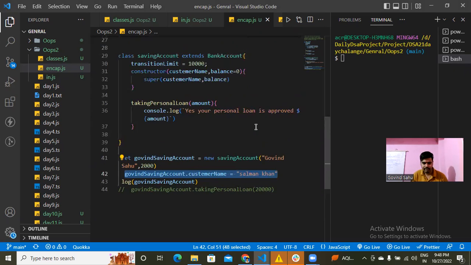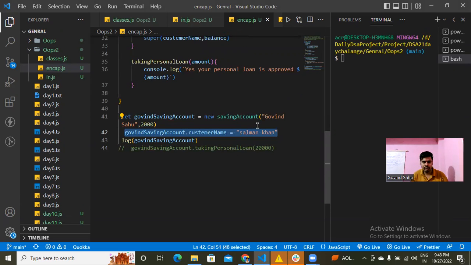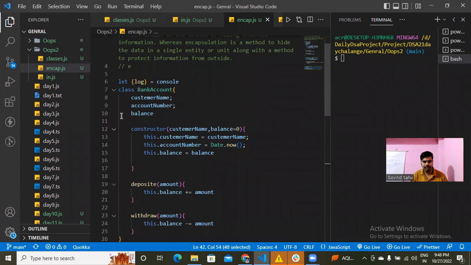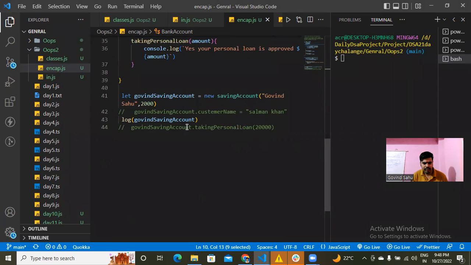So let me explain. For example, we need to make our balance private. So for example, let's take the example of balance. If I console.log balance, and if I run this,